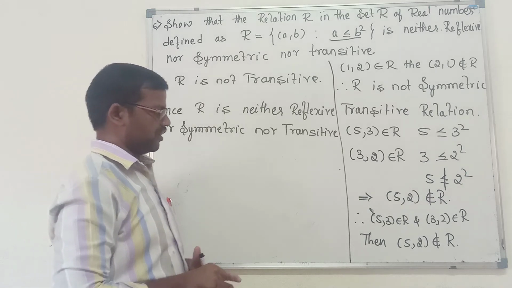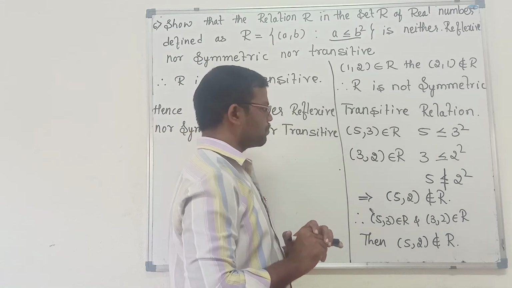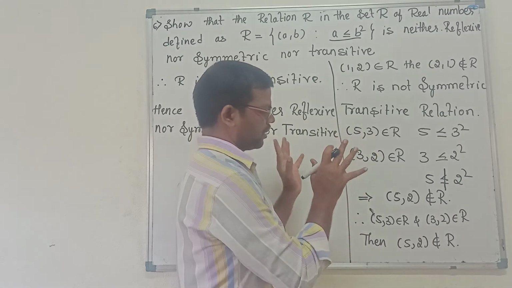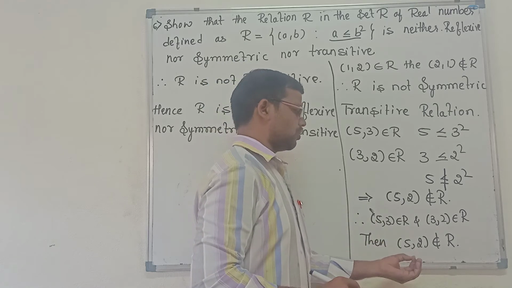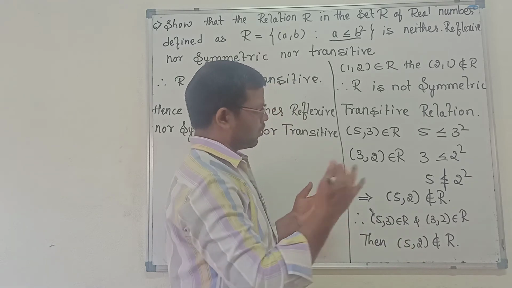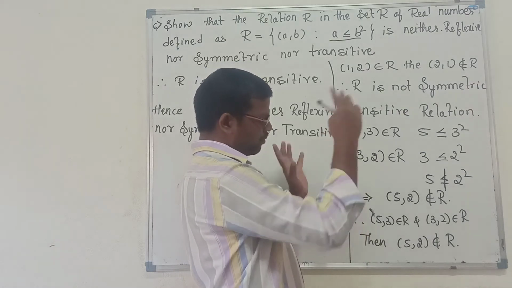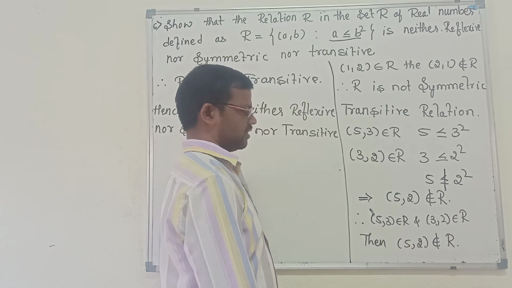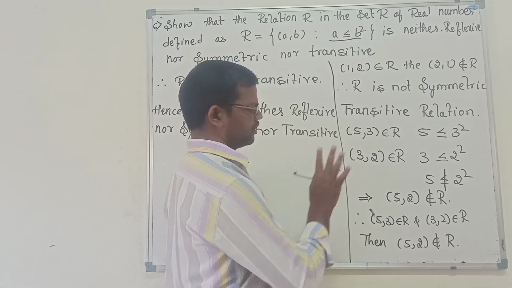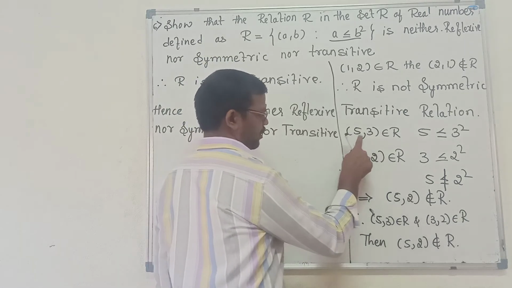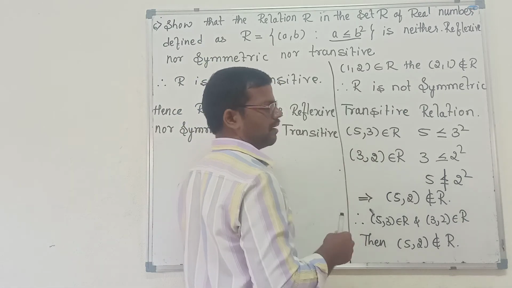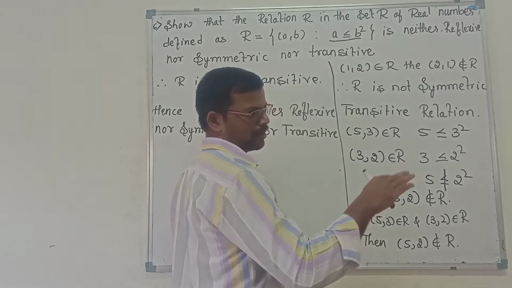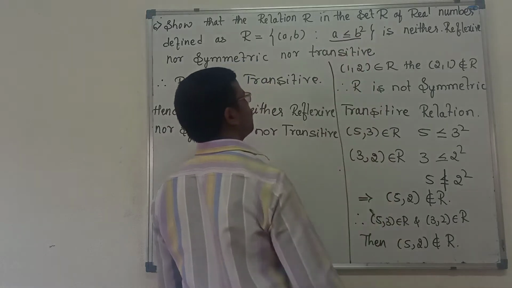So here for showing the transitive, you have to remember the pair like this only: 5, 3, 2. If you remember this, it will become very easy for us to prove. Logically, we can get many pairs other than this for which our transitive property is not satisfied. But I have chosen this and it is very easy also. 5, 3, 2 are consecutive prime numbers and we have to move in decreasing order. So that will become very easy for us.